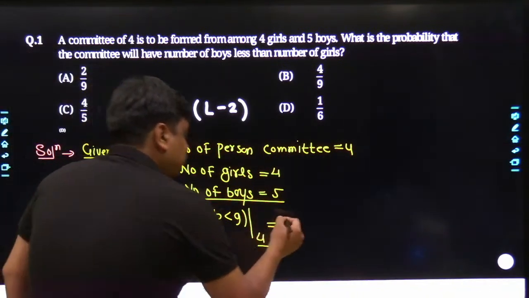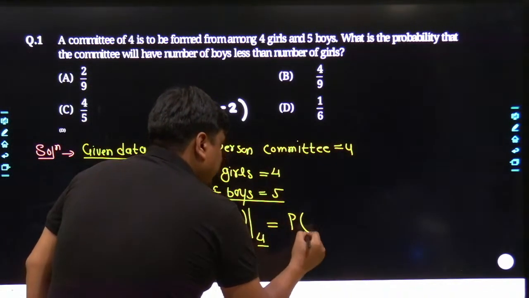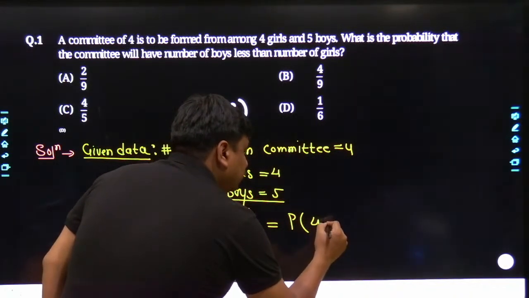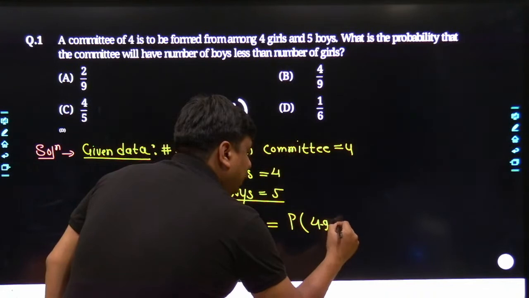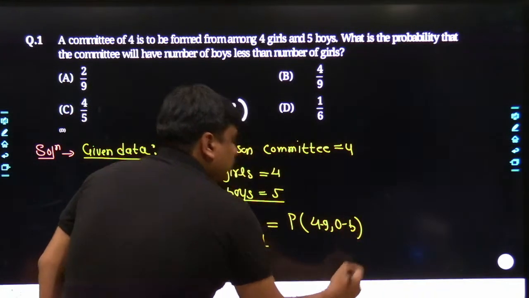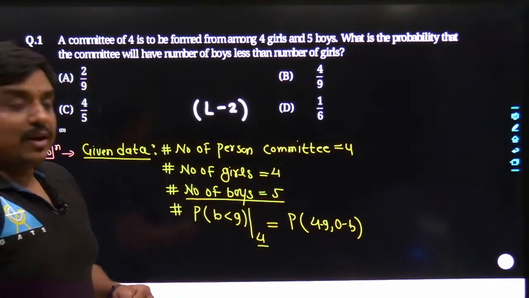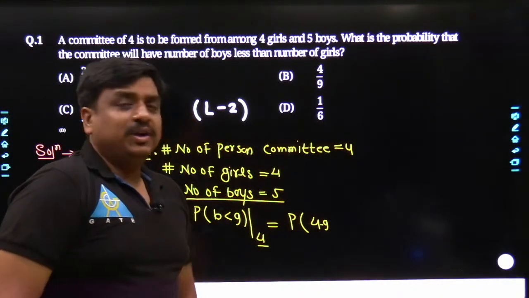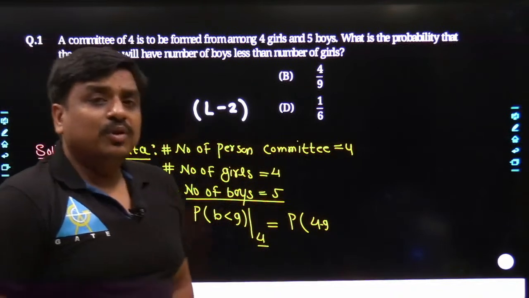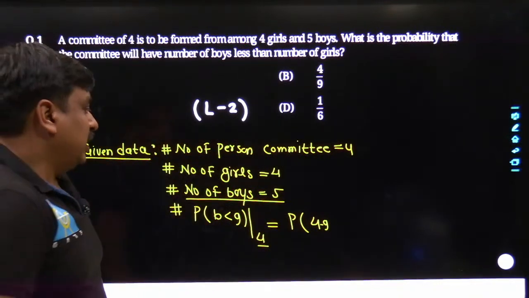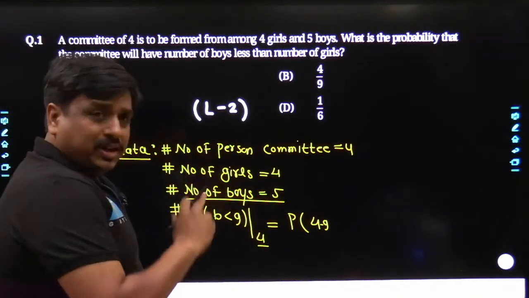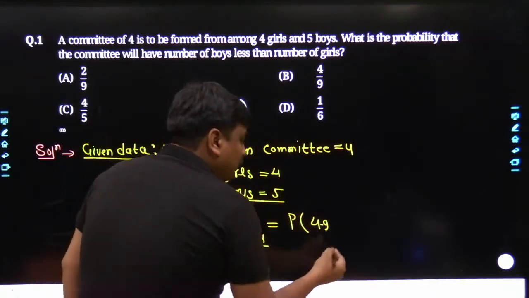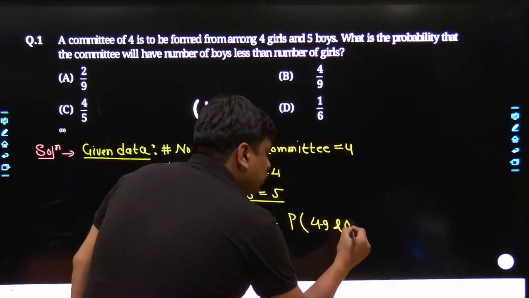See, we can start with the probability that we have 4 girls and 0 boys. Yes, I just wanted to know whether it is satisfying your requirement or not. Obviously, it is satisfying. See, what was the requirement? When the committee is formed with 4 members, the number of girls has to be greater than the number of boys. So I am taking the first situation, the probability when a certain committee has been formed where there are 4 girls and 0 boys,